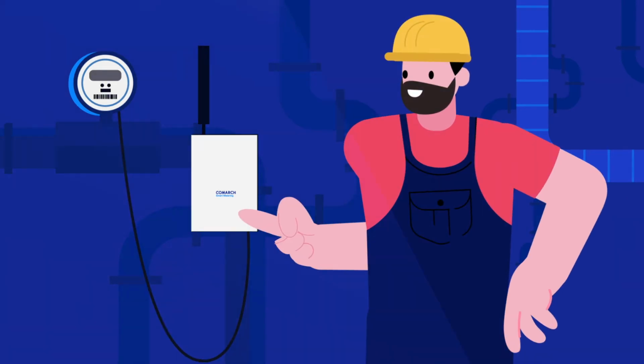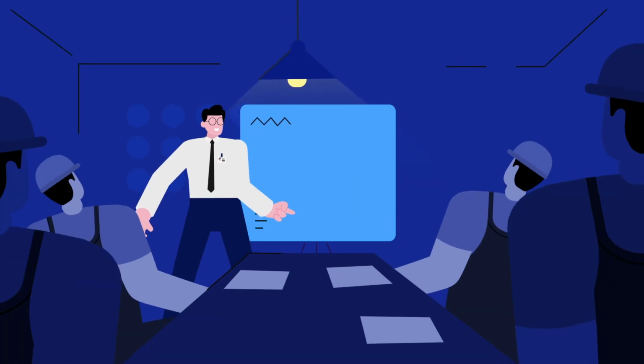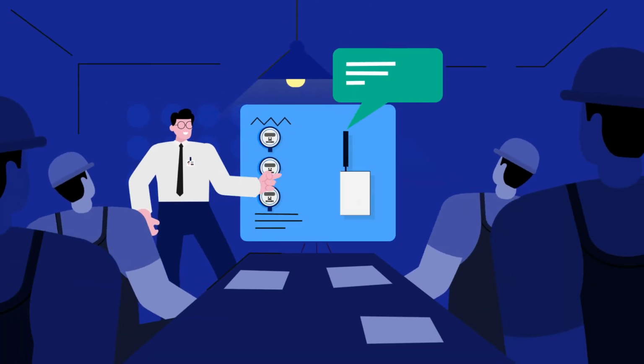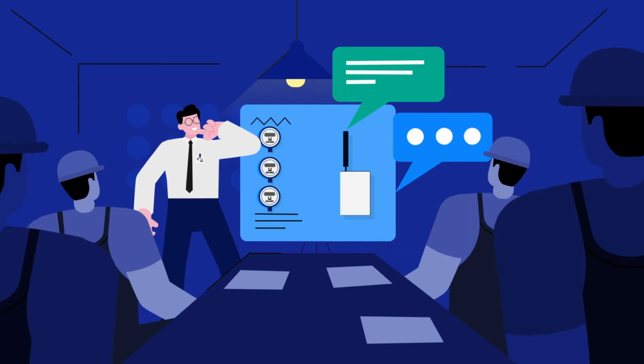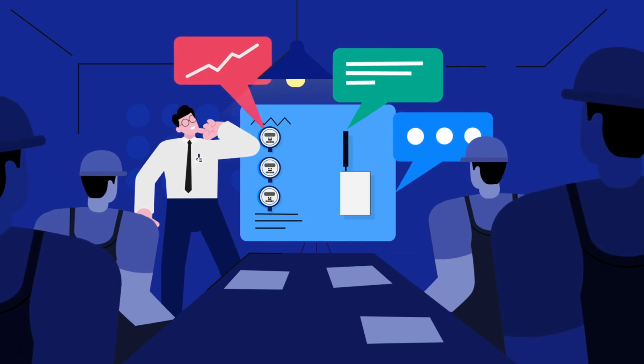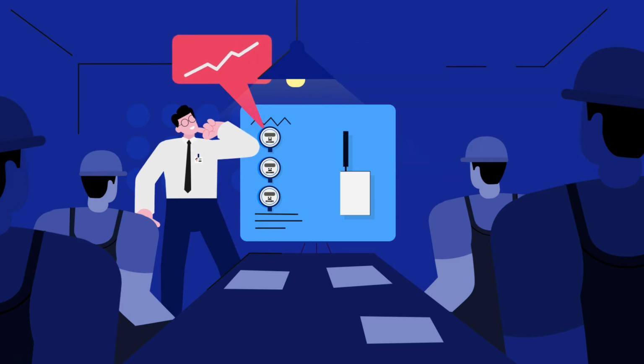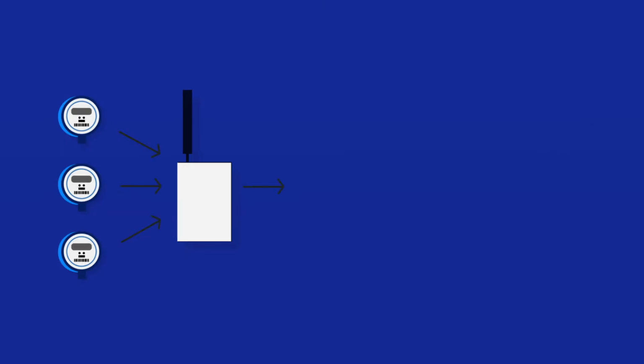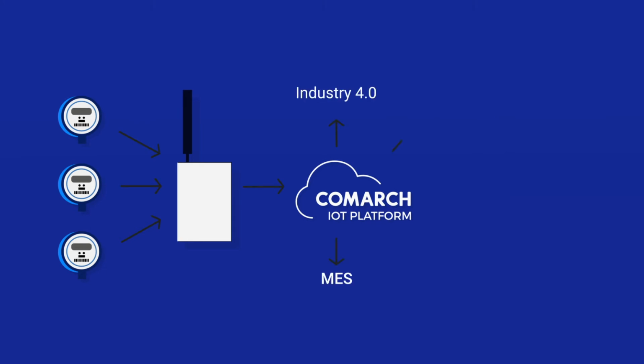Small devices periodically collect data from meters and then, using standardized protocols, send that information to the IoT cloud platform. In the platform, data are collected, processed, and analyzed, and then fed into the relevant application in an accessible form. Thanks to integration with MES Industry 4.0 and ERP systems, we are able to fully automate the calculation of production costs. In addition, business intelligence makes it possible to carry out thorough data analysis, which allows further optimization of the